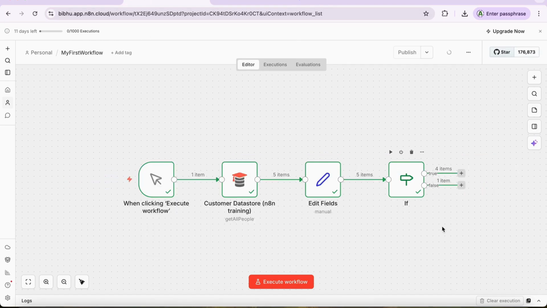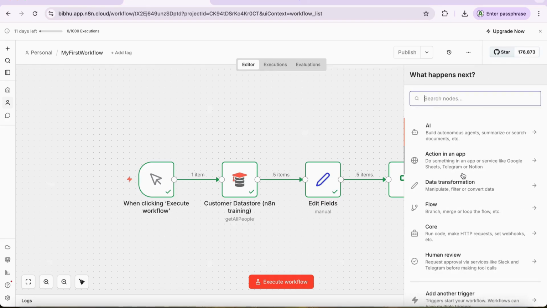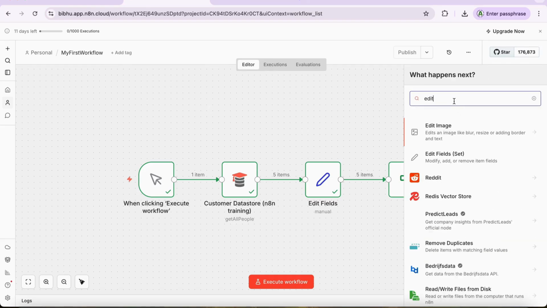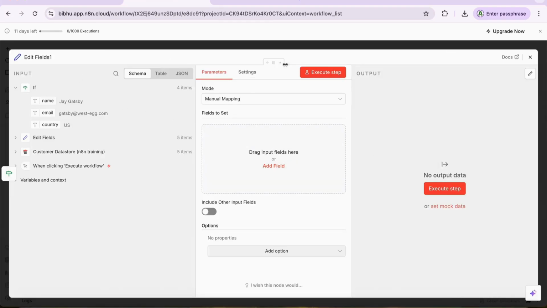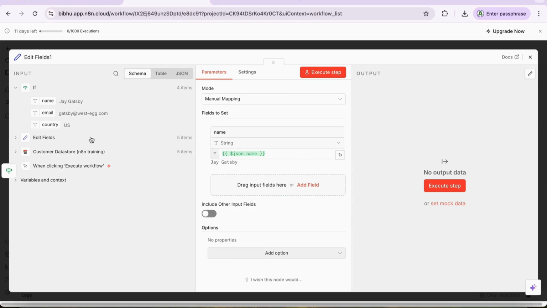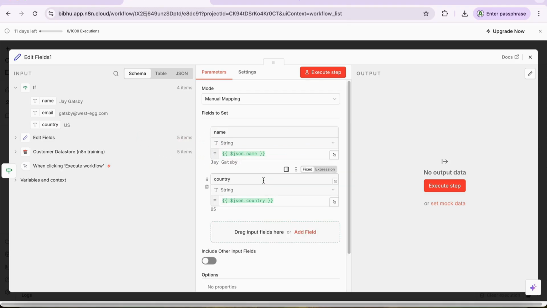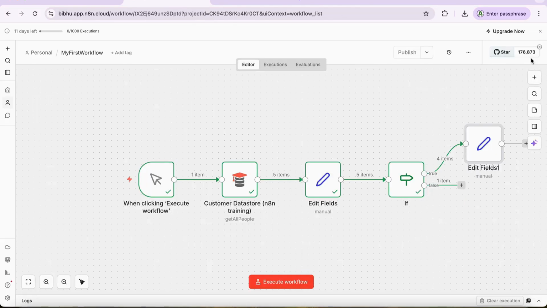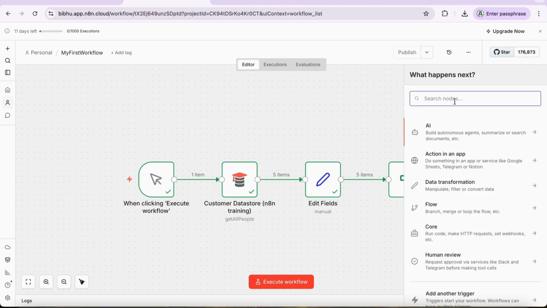Next, you have to add an edit field again. I have just used an edit field, and in the edit field I need only the name and country of the customers, those who have the country details updated. Now close it, and on the other thread, I will call another edit